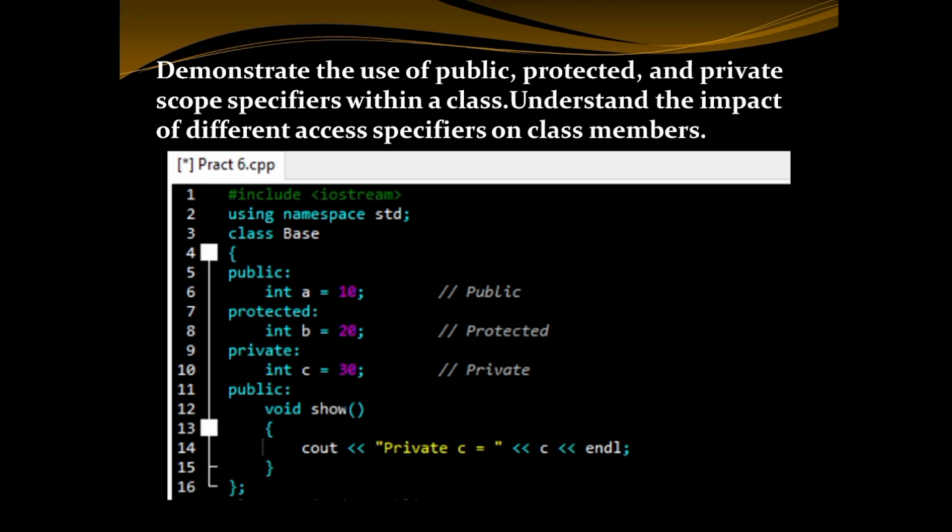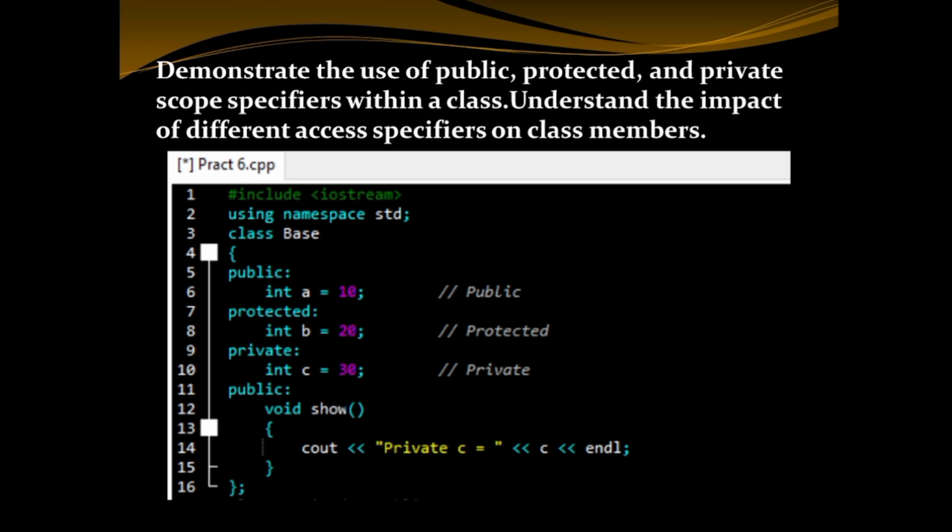Talking about the class Base: public int a = 10; protected int b = 20; private int c = 30; public void show() { cout << "private c = " << c << endl; }. So over here we are creating a class called Base, which is the parent class. Public int a = 10. A is my public variable, which can be accessed inside the class, in a derived class,